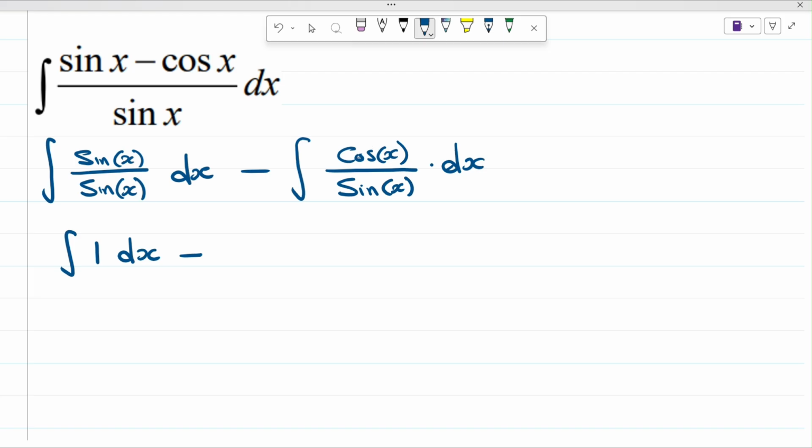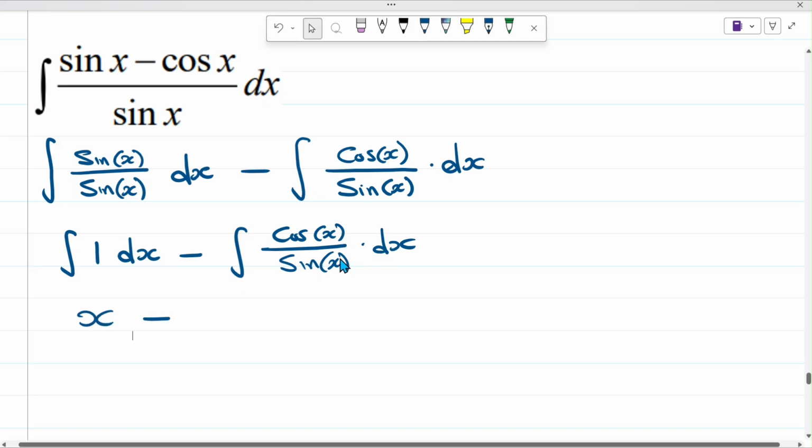This one could be done in two ways, I guess, again, guys. So I'm going to show you the two ways. Let's leave that one in this way for now, cos x over sine x, and then dx. Okay, so the integral of 1, that's just going to be x minus, okay, so this one, if we let sine